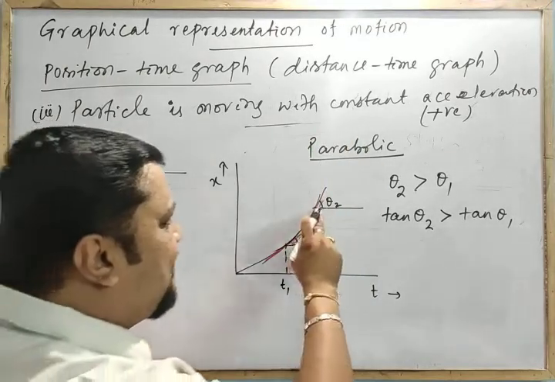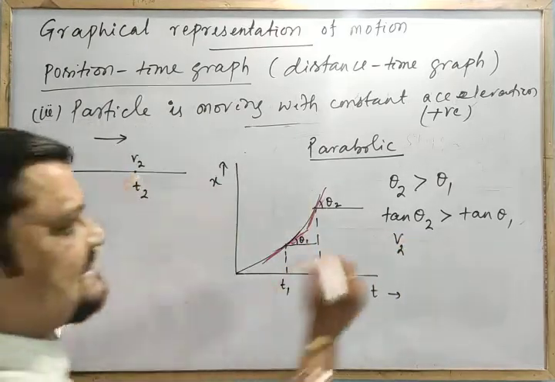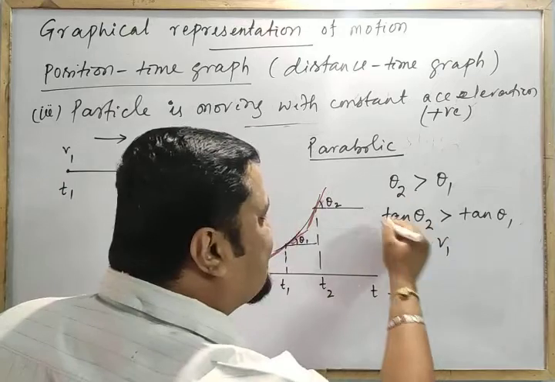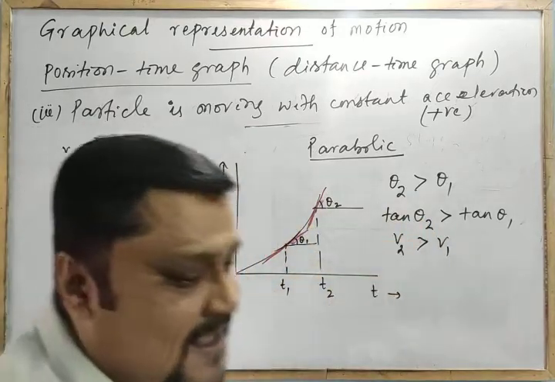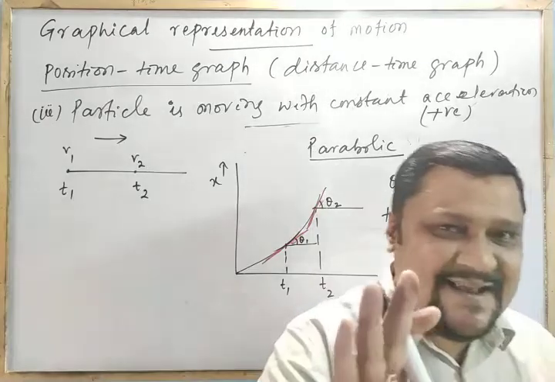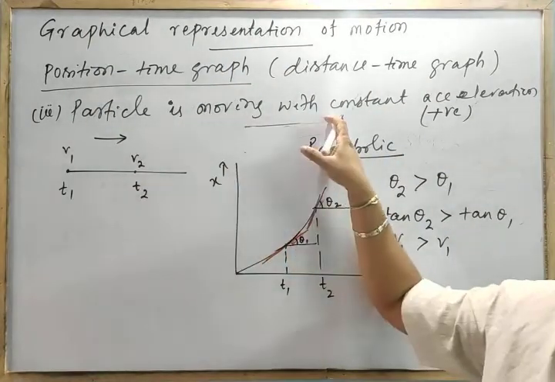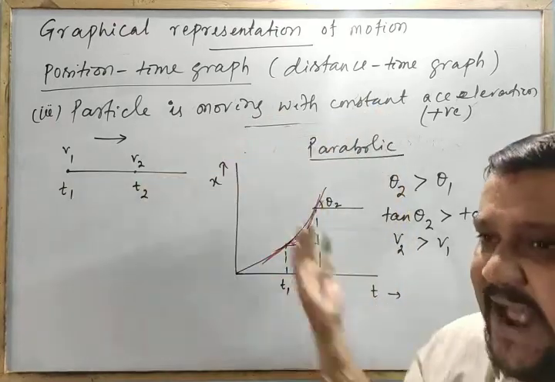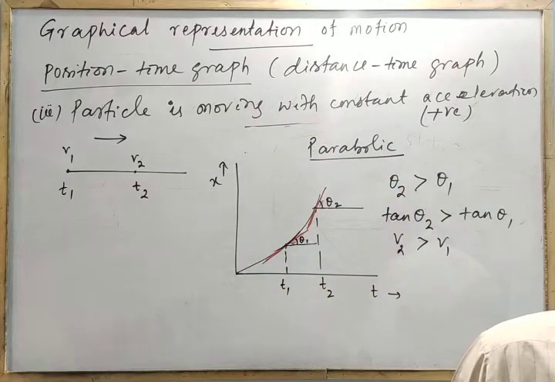Means I can say, suppose at this time t2, the velocity is v2, which is greater than v1. The slope of this line will give us the velocity. So here the velocity is increasing. Clear? That's the idea we are getting from this: the particle is moving with constant acceleration towards the right, or the velocity is increasing. Clear? So in that case,